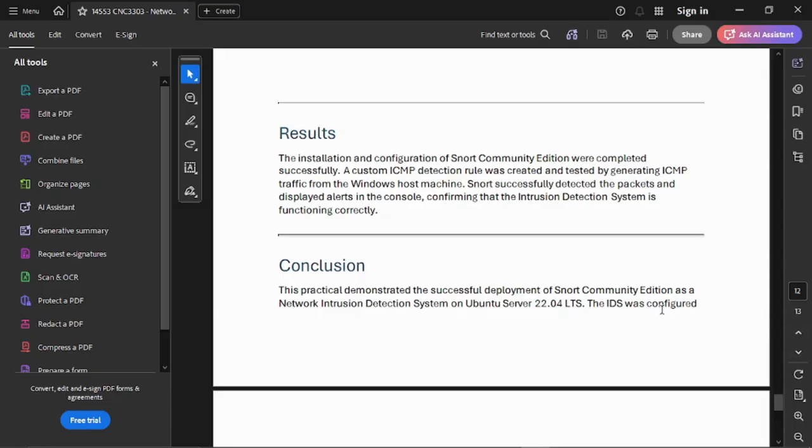So this demonstration implemented a network intrusion detection system using Snort Community Edition. As for resources and guidance,